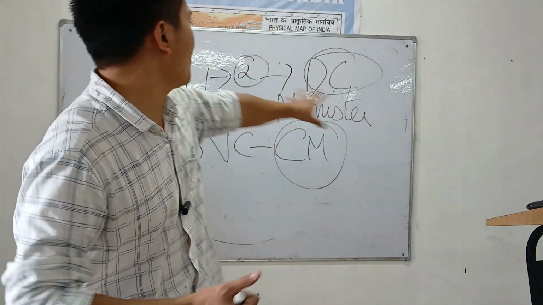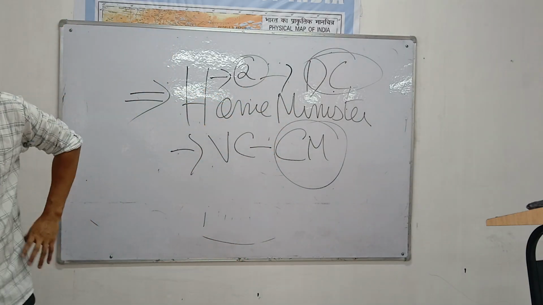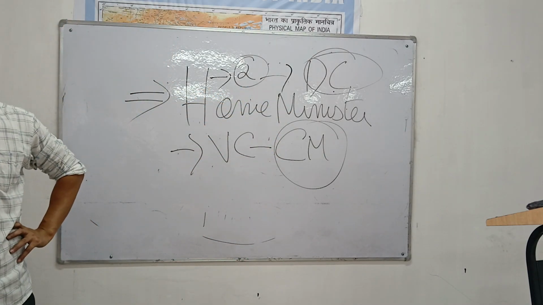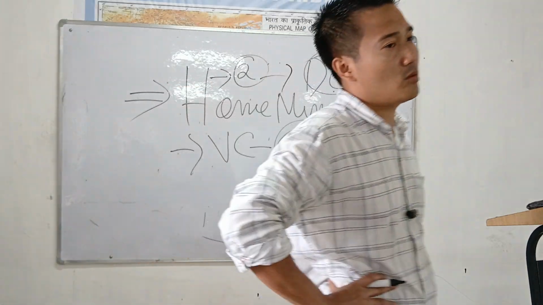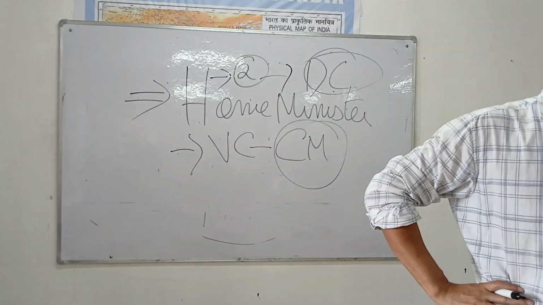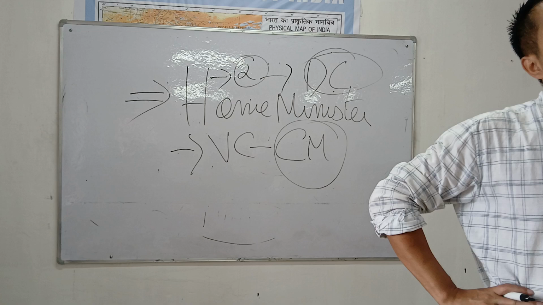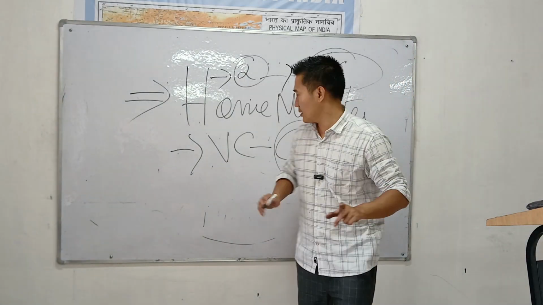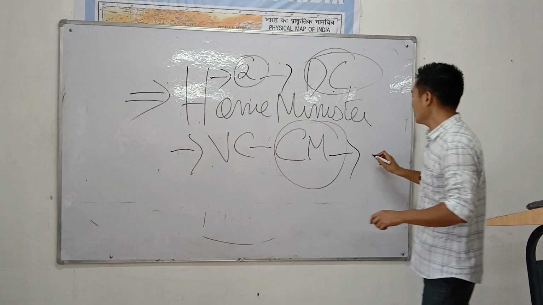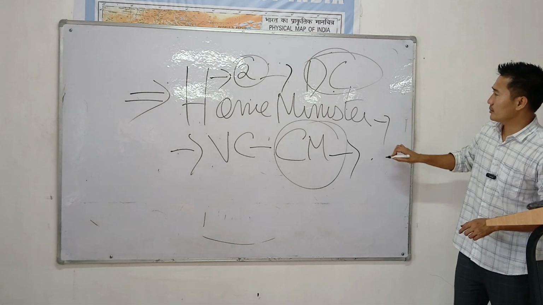Okay, but this is the officials. Officially, this is our personal. The Home Minister of India will every time chair the meeting, and the Vice Chairman will be the Chief Minister of that particular zone. Vice Chairperson and 2 cabinet ministers from each state and developmental commissioners. So this is very important. So remember,